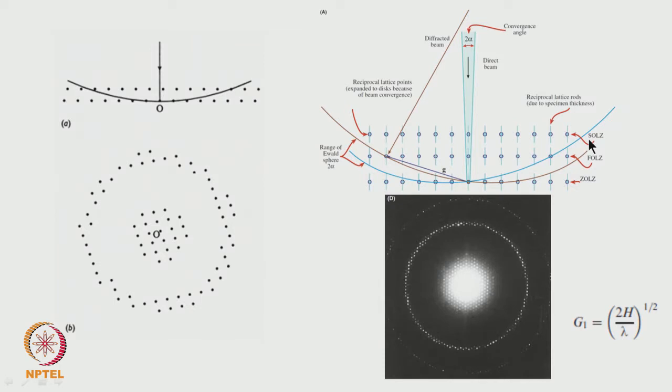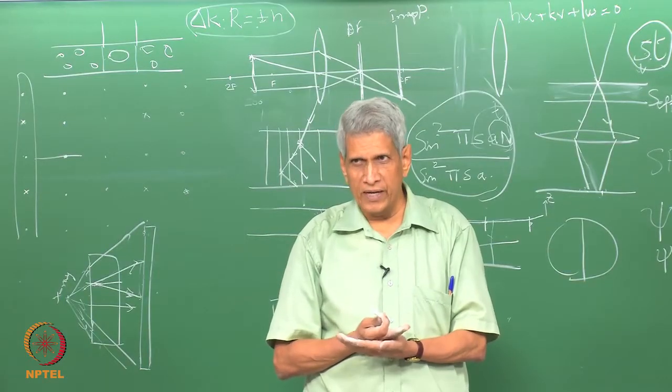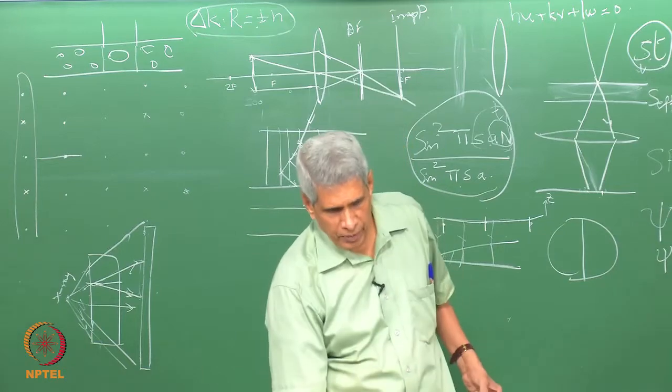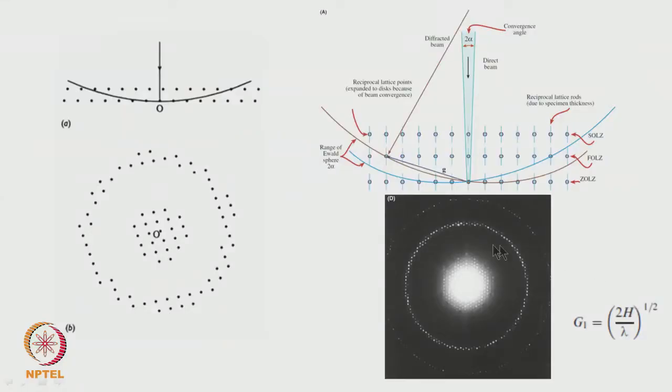Okay. Because as we go to higher order diffraction, the vibrations of the sample will come into play. Atomic thermal vibrations will come into play. In such cases, what is normally done is that when you want to get second order, third order and so on, you cool the sample to liquid nitrogen temperature. Then these thermal vibrations will get reduced, and we will be able to get a sharp pattern. Okay, here if you see, this is the 0th order, this is the first order and this is the second order. Okay.